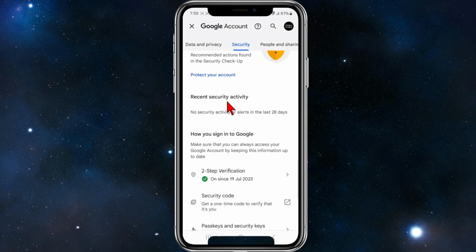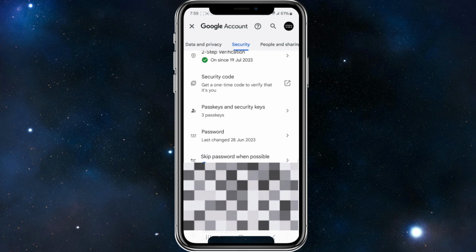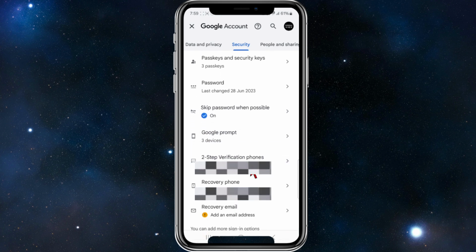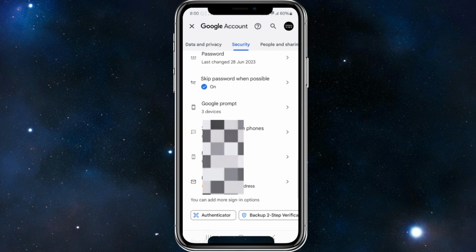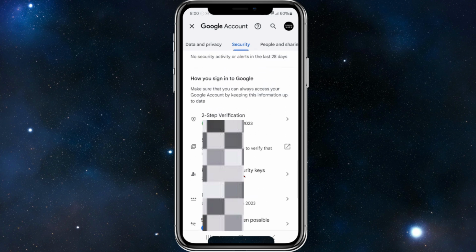And now we want to scroll down here, and as you can see, two-step verification is currently on or enabled on my phone. So to do this, scroll down, and we need to make sure we've got a two-step verification phone. So you need to add in your phone number here, and also you can add a recovery email here as well. And now if we scroll back up